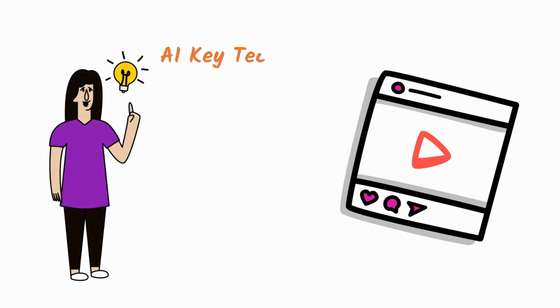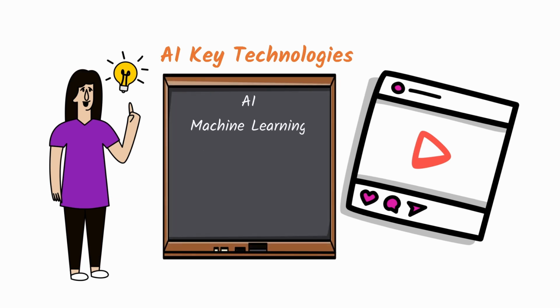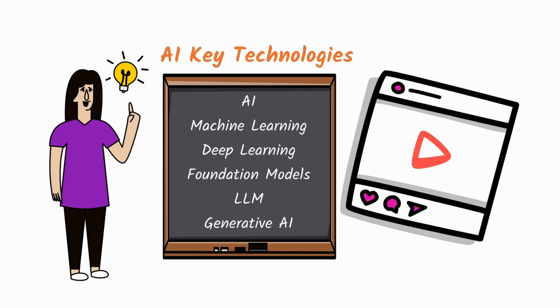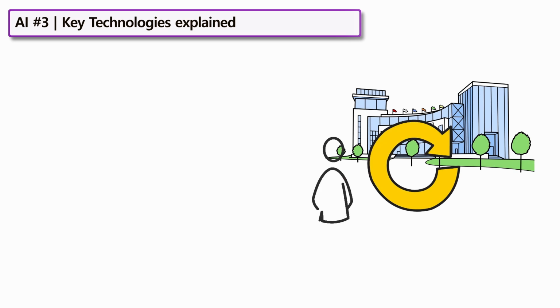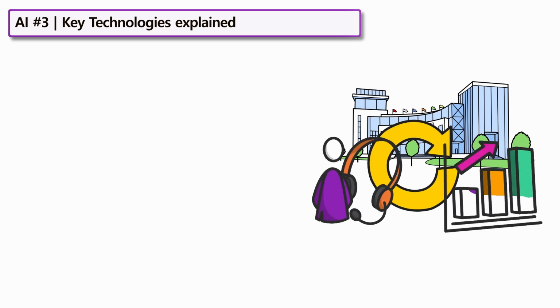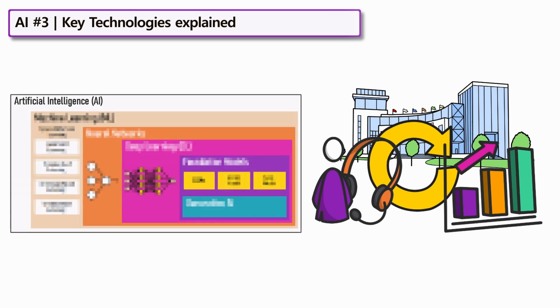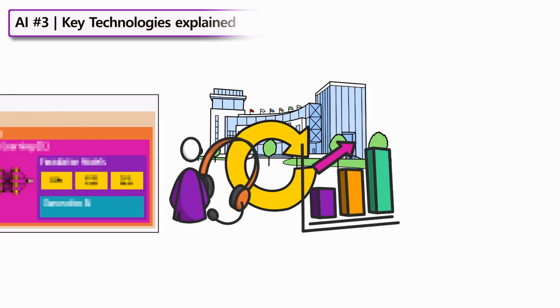So, let's break down these key AI technology terms one by one, and more importantly, see how they all connect using easy-to-grasp examples. Imagine Amazon as a dynamic business empire where every operation is optimized to serve customers and drive growth. Each AI technology functions like a specialized department in this corporation, working together seamlessly to achieve success.